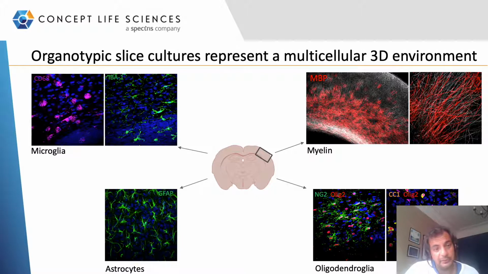In this model we're able to keep all the supporting cells viable, and you can see that here where we've labelled the microglia with CD68 and IBA1. The astrocytes are labelled with GFAP and are distributed throughout the tissue, and you can see here the population of oligodendroglia labelled with NG2 and OLIG2. And what's more, we have robust myelination in this system, where not only is the lipid layer deposited, but you can see in this higher mag image that the oligodendrocytes are able to make contact with the axon and really wrap them like you would expect in a native brain environment.